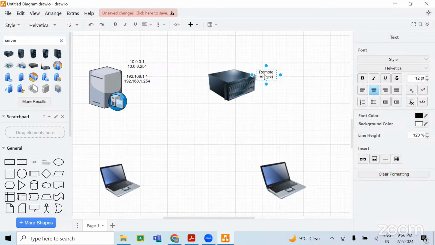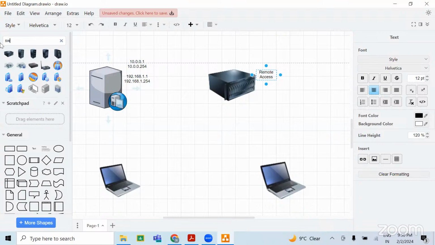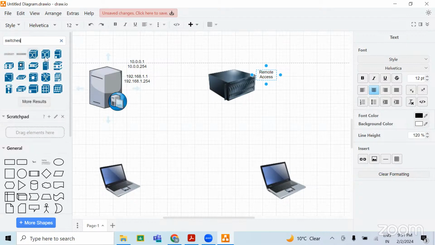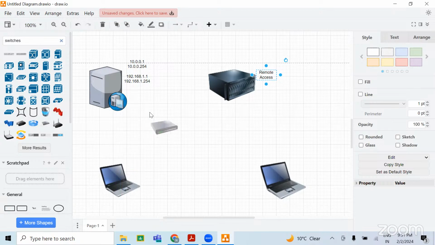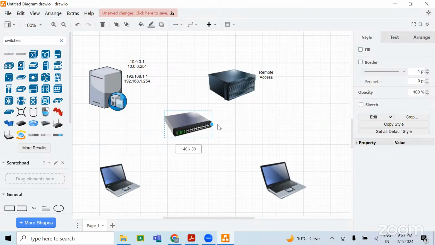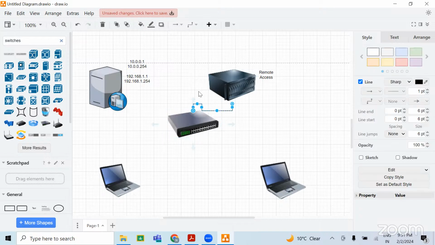Remote access role we are going to configure here, right? And this server is going to be connected with switches which will distribute your IPs, like this. So this server is going to be connected with your switch and this also.